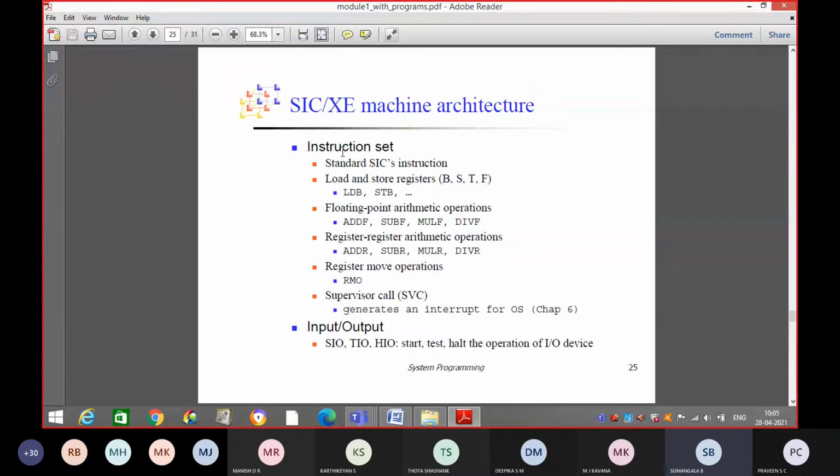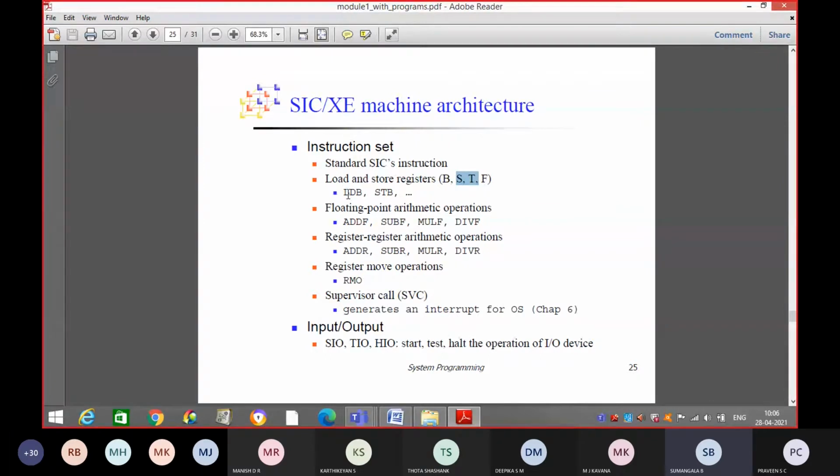We know that in the SIC/XE machine we have the registers B, S, T, F. B stands for base register, a special purpose register. S and T are general purpose registers that we can use for storing temporary results. And F is the floating point accumulator.